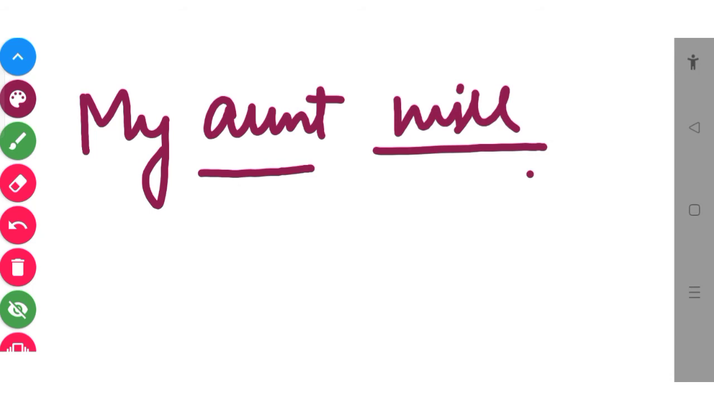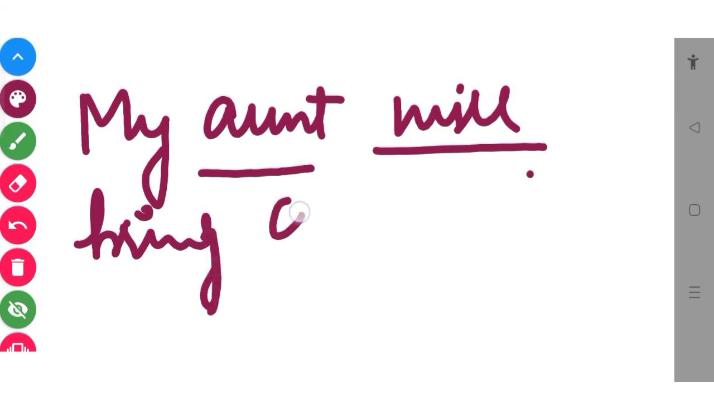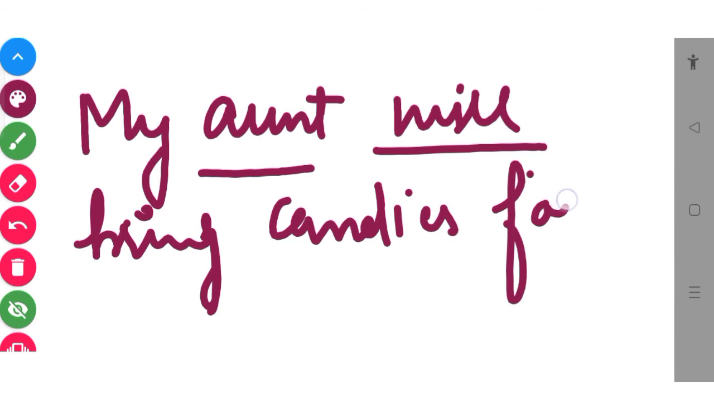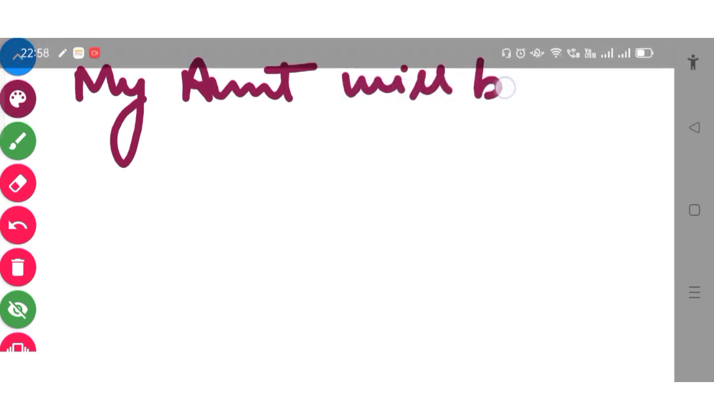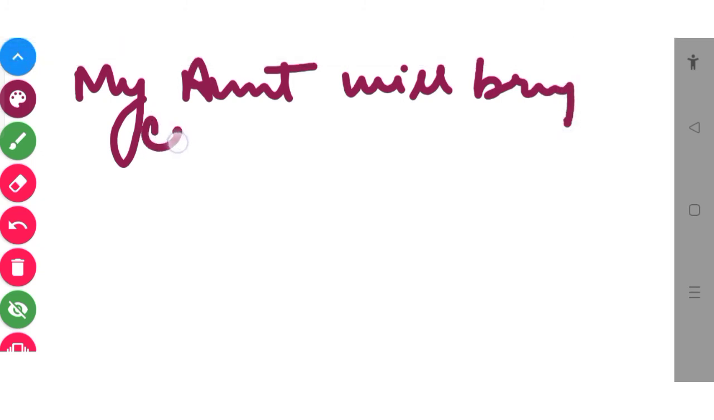My aunt, like will, obviously will is possible. My aunt will bring candies for me. Okay. My aunt will bring. Bring is verb's first form. Okay. My aunt will bring candies for me. That is in the affirmative tone. Like my aunt will bring candies